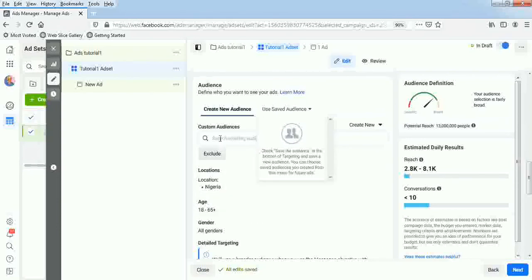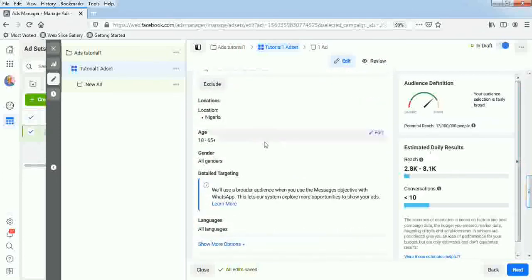Alright, so what this means is now in your audience creation, there is actually no chance for detailed audience targeting with WhatsApp objectives. Like you see, it says we'll use a broader audience when you use the message objective with WhatsApp. This allows Facebook to explore more opportunities to show your ad to as many people as possible. So when you have this WhatsApp objective, you are not going to be allowed detailed targeting, but nevertheless